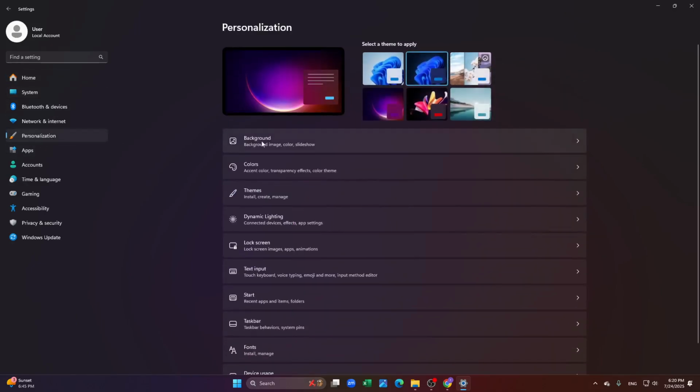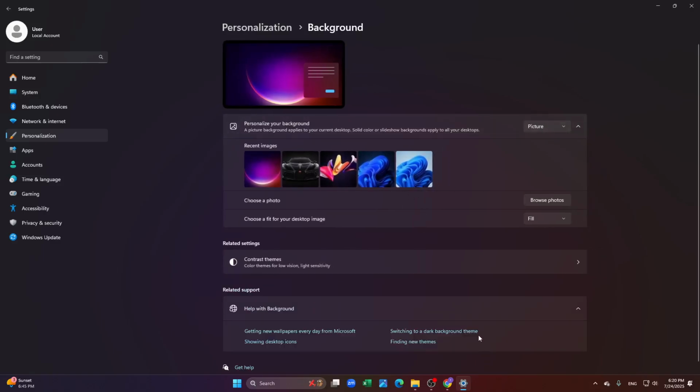then Personalization sections, then go to the Background, and you can just come right up to the wallpaper section like